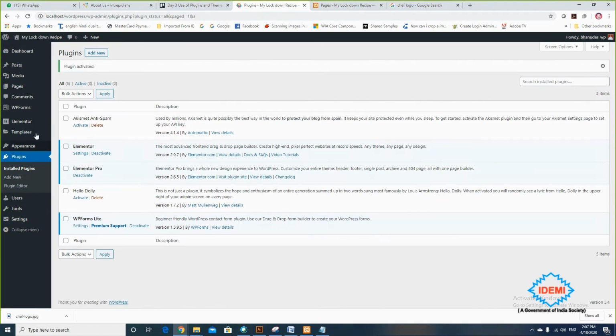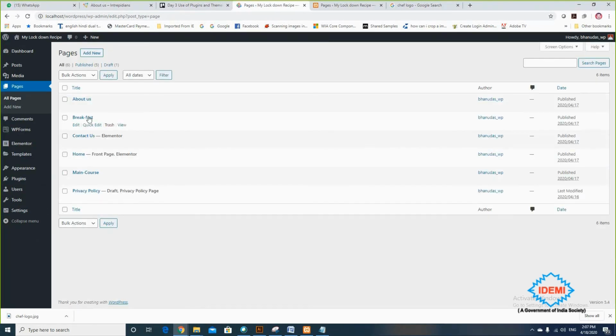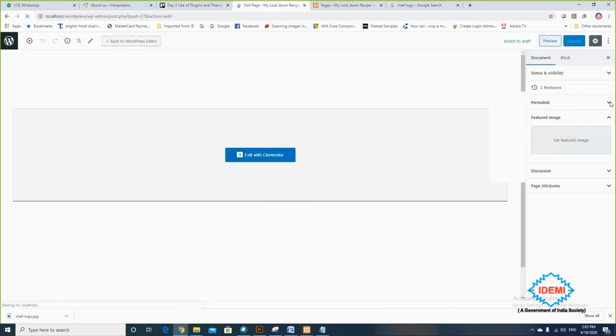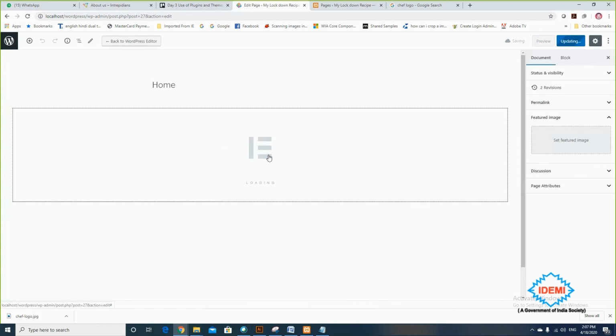And returning back to my home page, and in that home page I'm editing it with Elementor. Click on edit with Elementor here.